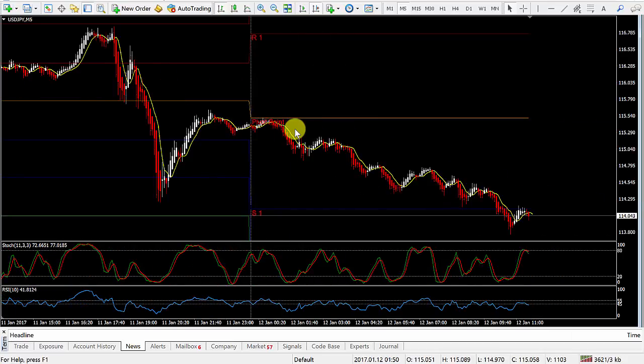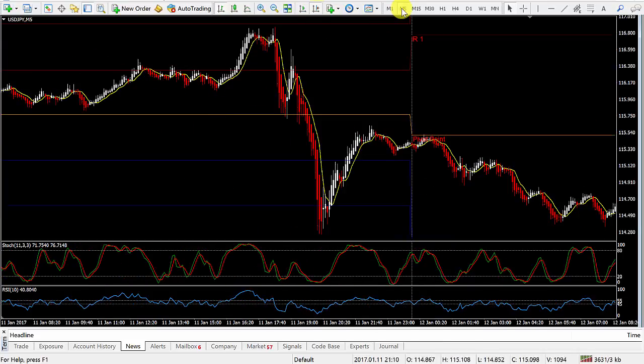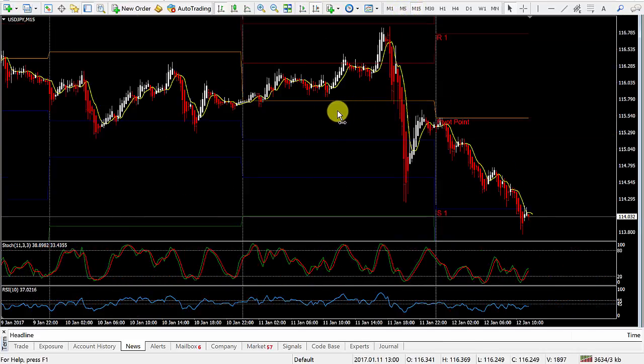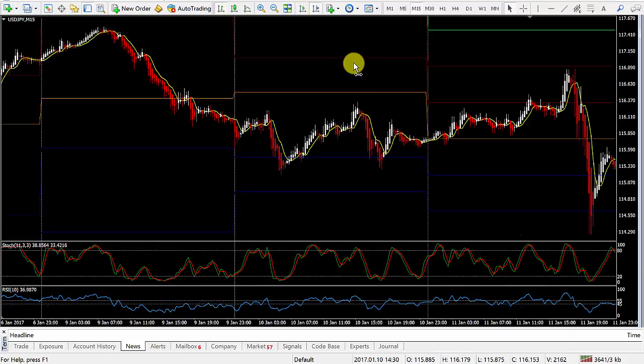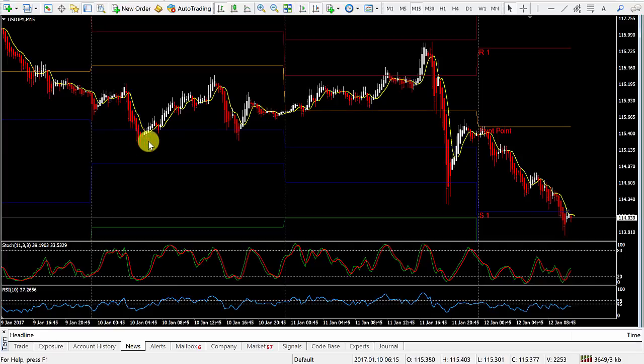How did price treat the pivot points this session or in the previous sessions? So we go to the M15 and take a look how well price respected these pivots on this particular instrument in the past. So if, for example, you can see a test here and here and here. We tested it here, broke through, came close, test,